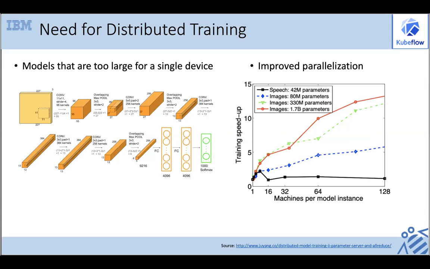But also there's another need for distributed training, and that's improved parallelization. With the use of multiple machines for model instance, we're actually able to see a very large training speed up. And that this gets better and better as the models get larger and larger and have more and more parameters. So you can see that for something as large as 2 billion parameters, if we use 64 machines per model instance instead of 1, we see a training speed up of about 10 times,